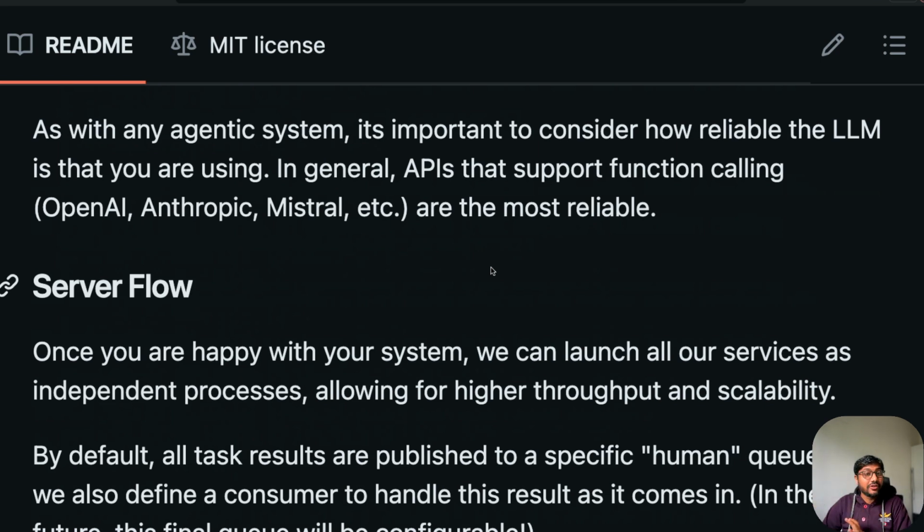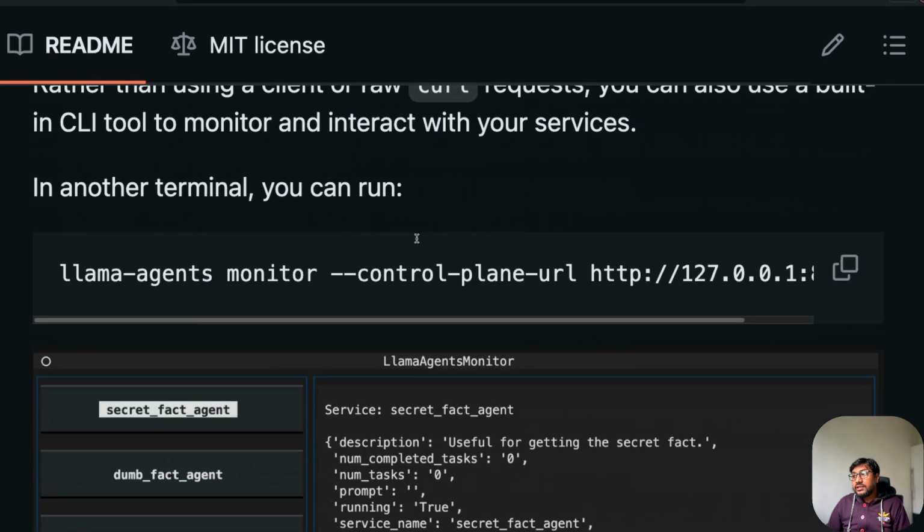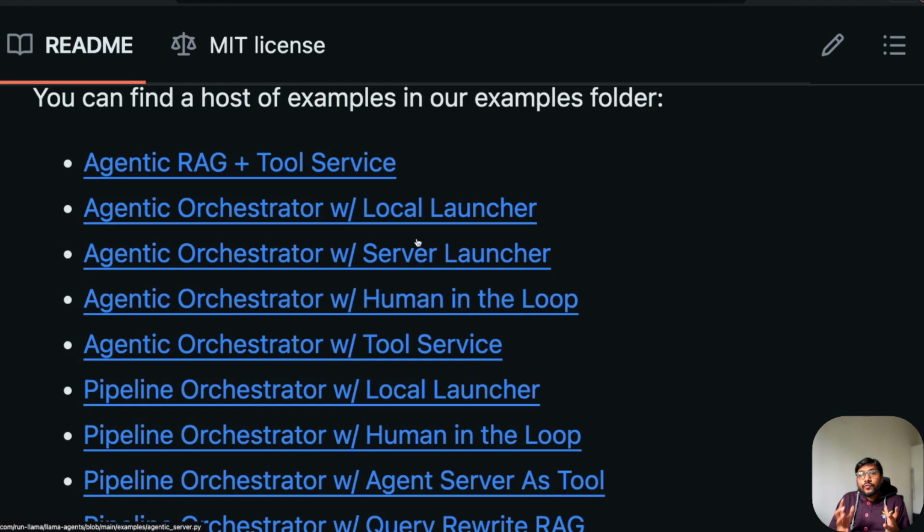turn these agents into production-ready microservices. That means it's very easy for you to plug and play with your existing software systems. For example, you've got a SaaS application. Now, all these things are going to be microservices. So it's very easy for you to deploy them, monitor them, run them alongside your existing software stack. And I think it's quite interesting to see that they have taken this very software fundamental approach. And I'm looking forward to trying out more of this agentic framework, which is llama agents.